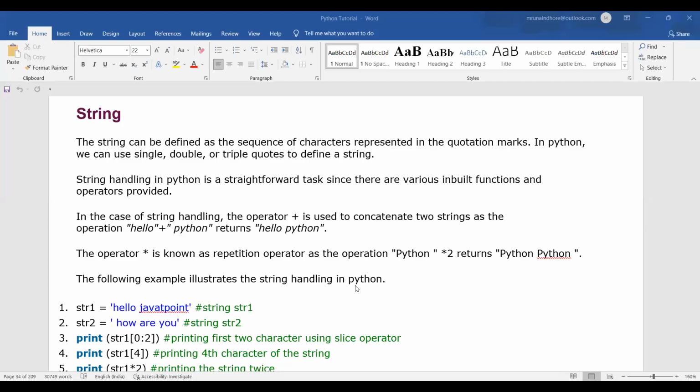So in the last video, we started with the standard data types in Python. We have completed numbers. Now we are going to work with strings. So string is the second type of standard data types in Python. The string can be defined as